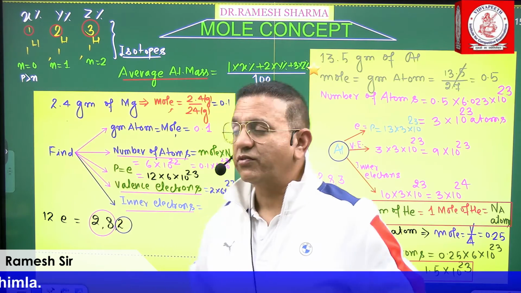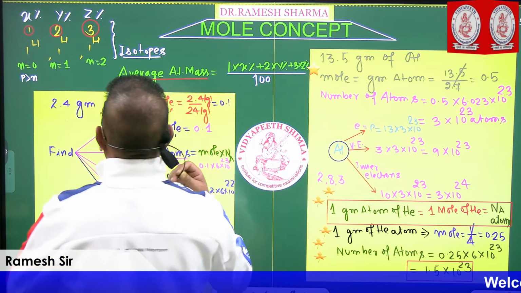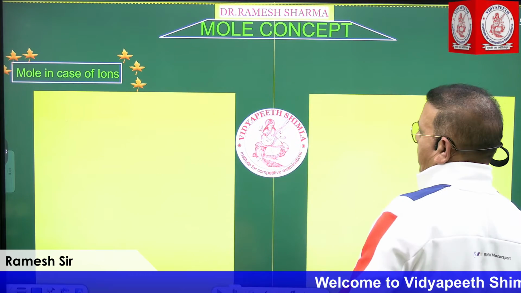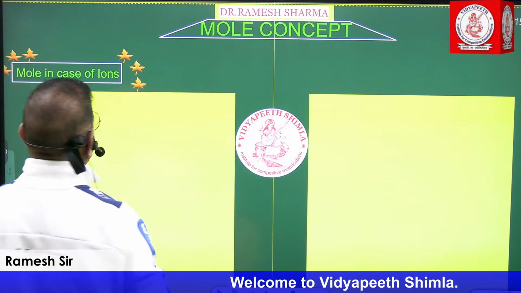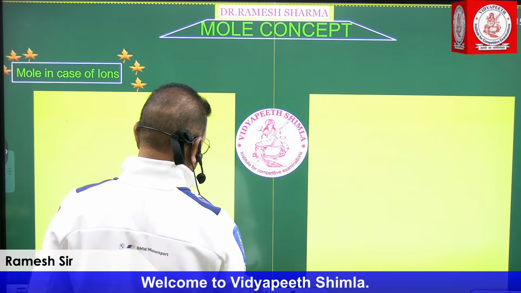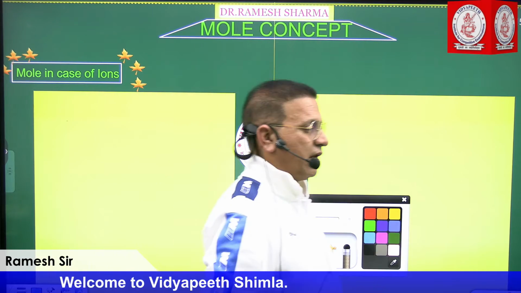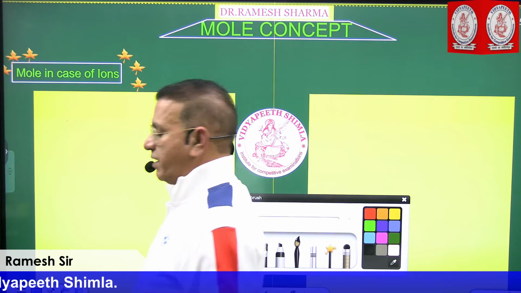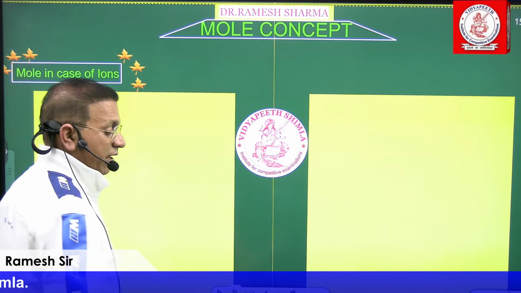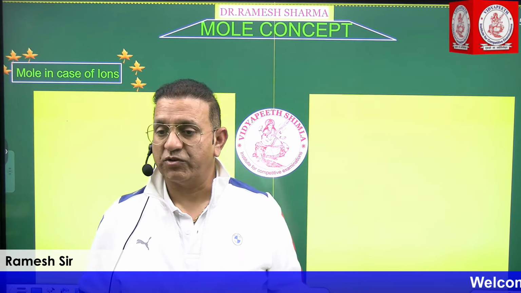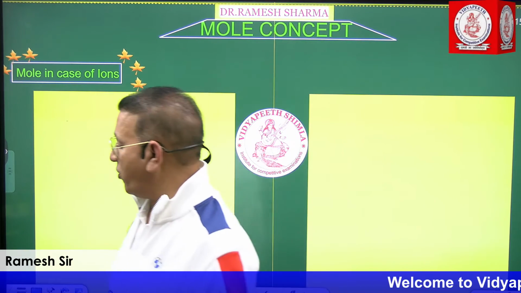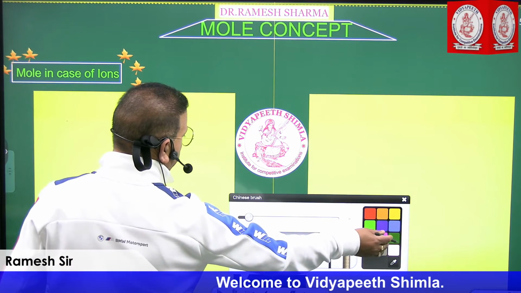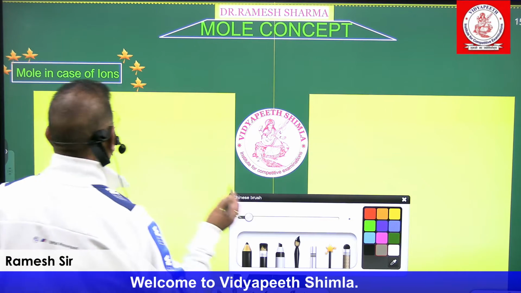So this is what we mean. तो हमने एक आइसोटोप की टर्म, नई टर्म, उसको डिस्कस किया। अब हम बात कर लेते हैं कि भाई आयंस के केस में, जो आज हमारा एटम से ही आयंस आया है, और आयंस के केस में मोल क्या है। जिस तरह से मोल का फॉर्मूला आपने एटम में लिखा, वैसा ही फॉर्मूला आप आयन में लिखोगे।